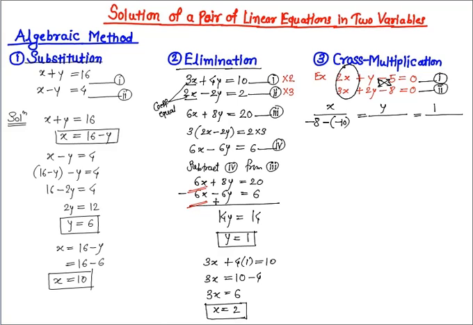Similarly, let's find the denominator of y. To find it, let's cover the y variable terms. So if you cover the y variable terms with your hand, what is left? 2x minus 5 and 3x minus 8. So these terms you have to cross multiply, 2x with 8 and 3x with 5. We have to cross multiply only the coefficients. So what you will get, 2 multiplied by minus 8, you get minus 16. Put the minus sign, and minus 5 multiplied by 3, you get minus 15.